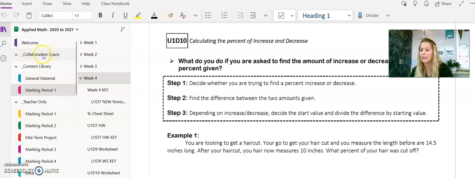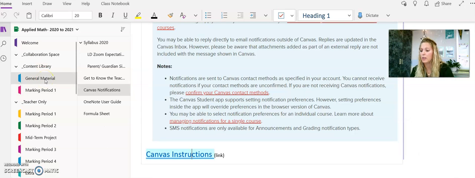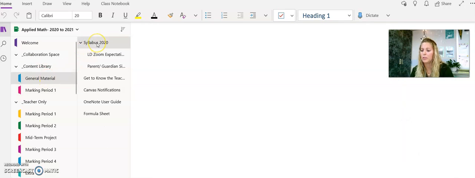The first one is the collaboration space, in which case I close that for my class. We won't be using that. The next one's content library. This is a big one because content library has everything as far as answer keys, blank forms, everything that a student could possibly need. So the first thing we go under is general material, in which case you see the